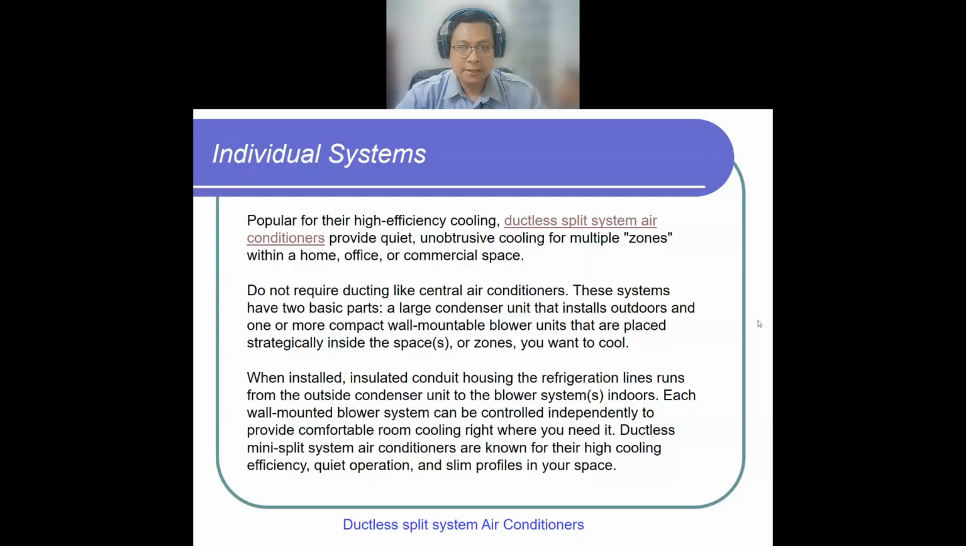So actually we can design by zone or by room. Sometimes one zone will serve more than one room. When installed, insulated conduit housing the refrigeration line runs from the outside condenser. You need two blower systems indoor. Each wall-mounted blower system can be controlled independently to provide comfortable room cooling right where you need it. Ductless mini split system air conditioners are known for their high cooling efficiency, quiet operation, and slim profiles in your